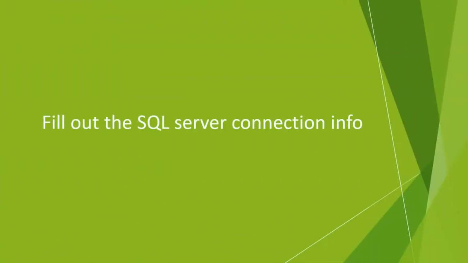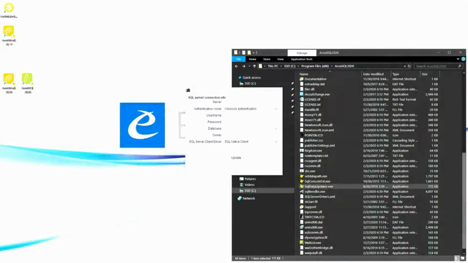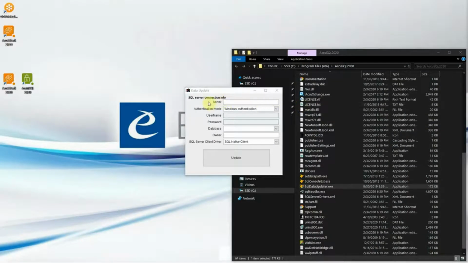The third and final step is to fill out the SQL Server connection info. To do this, we must first type in the server, then whether it is Windows authentication or SQL Server authentication. In my case it's Windows. If you have a username and password, then